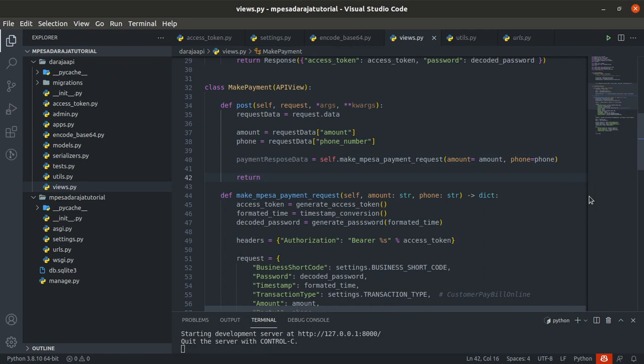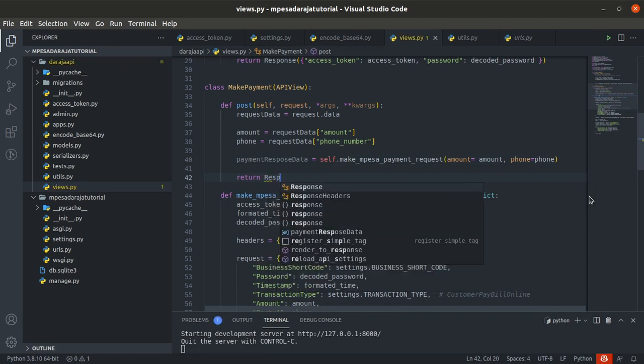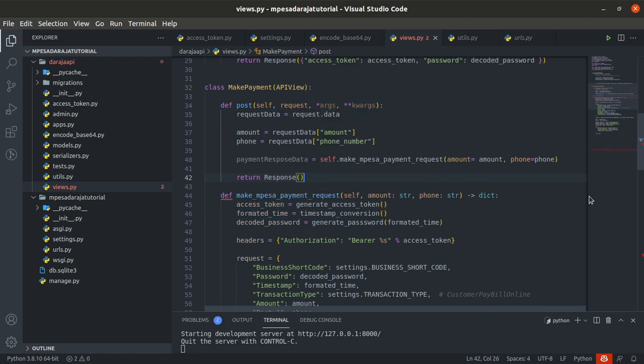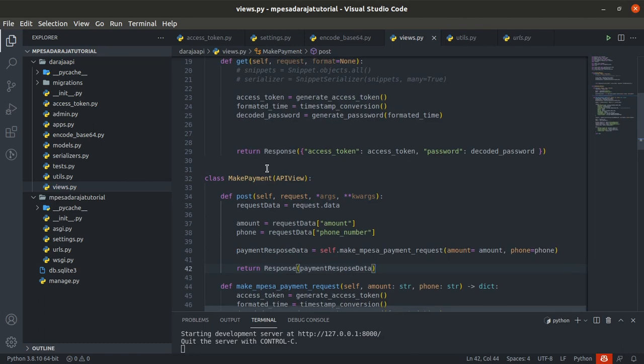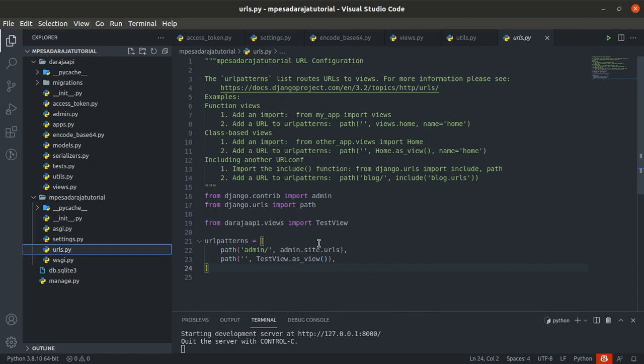Let's return response, capital letters, and return that one over here. The make payment process is done, so let's go to our URLs over here, import that function,